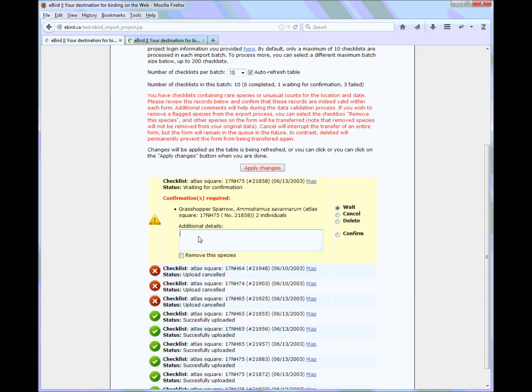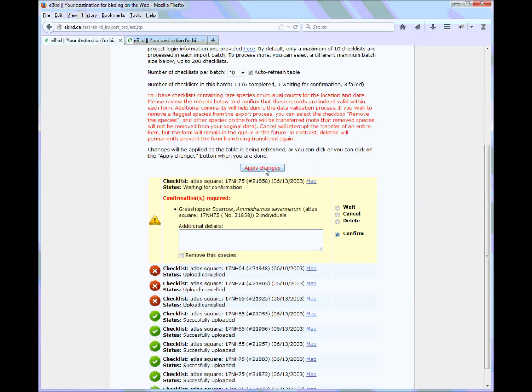Just like in eBird, when you're being asked for confirmation, you would just enter some details, a bird description, could be anything you feel is relevant, and then you would just hit confirm